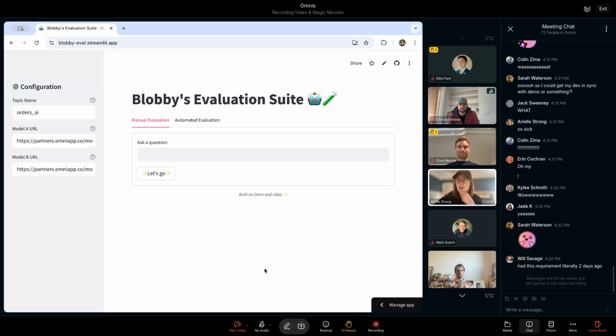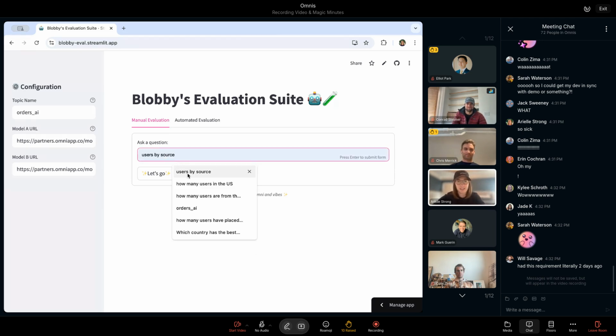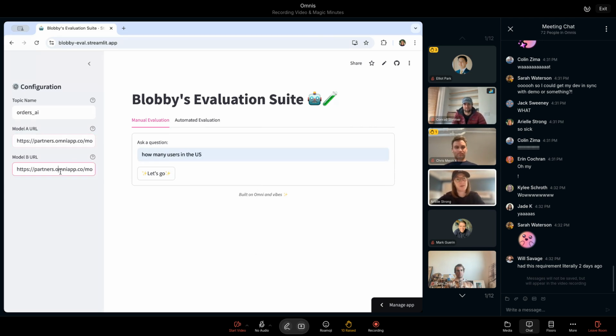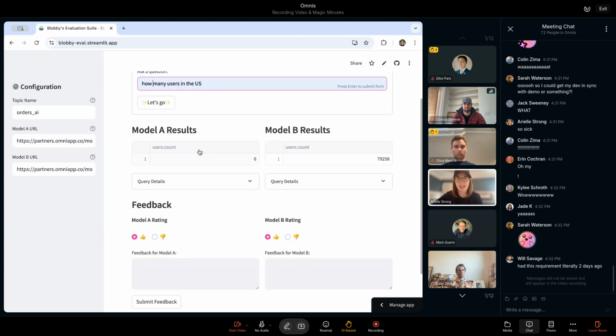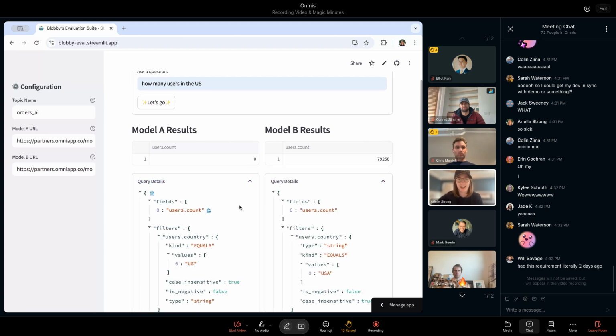Yes or no? So I was playing around with this idea, again, just prototyping, of let's say I want to set up to point to two different Omni models. So maybe this is my AI context model that's in production. Maybe this one is a branch or a workbook. We can basically do this little side by side where I can ask it a question. We hit the AI API and we can compare results. So quite literally what Stephen was showing of two workbook windows side by side, but in a little bit